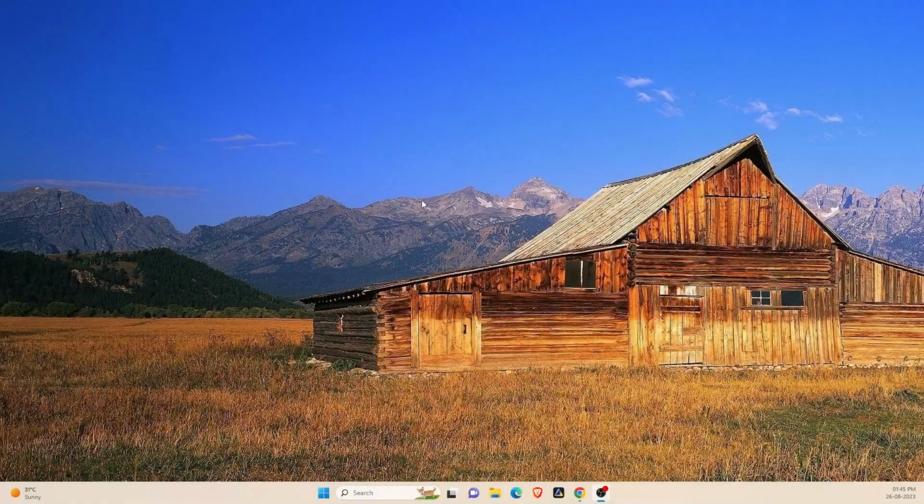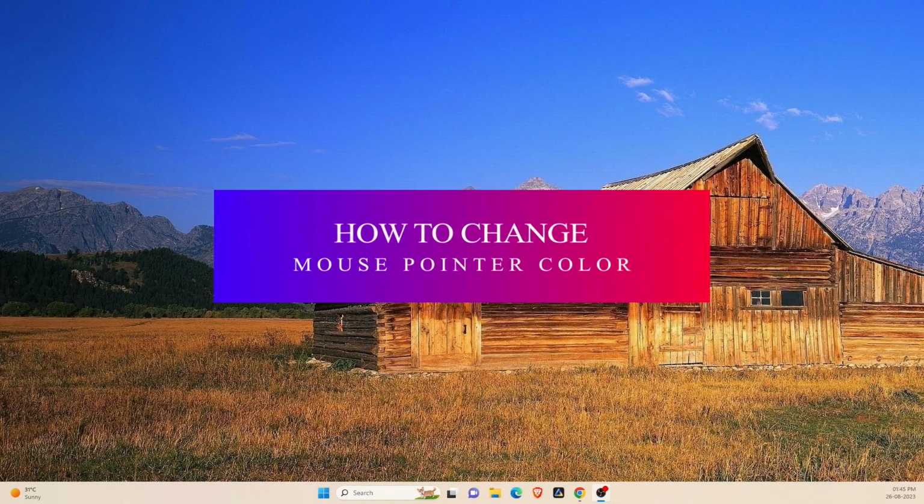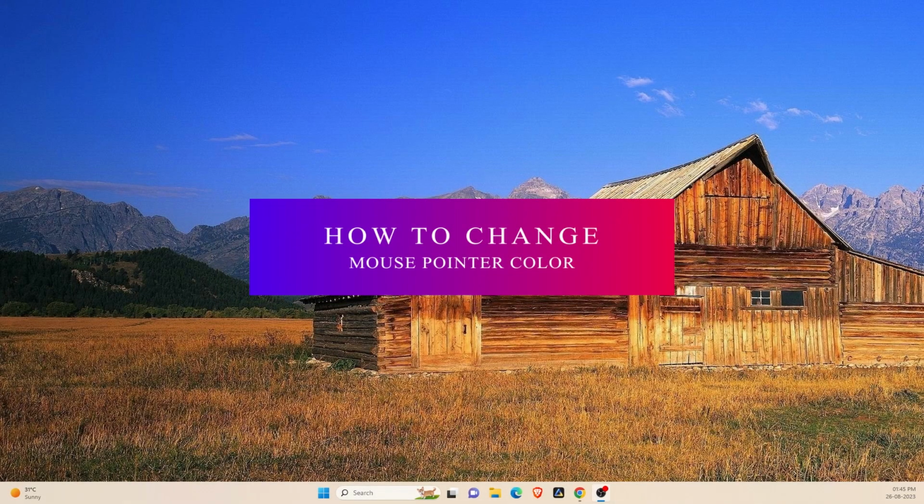Hey guys, it's me Rahul, and today I'm going to show you how you can change your mouse pointer color